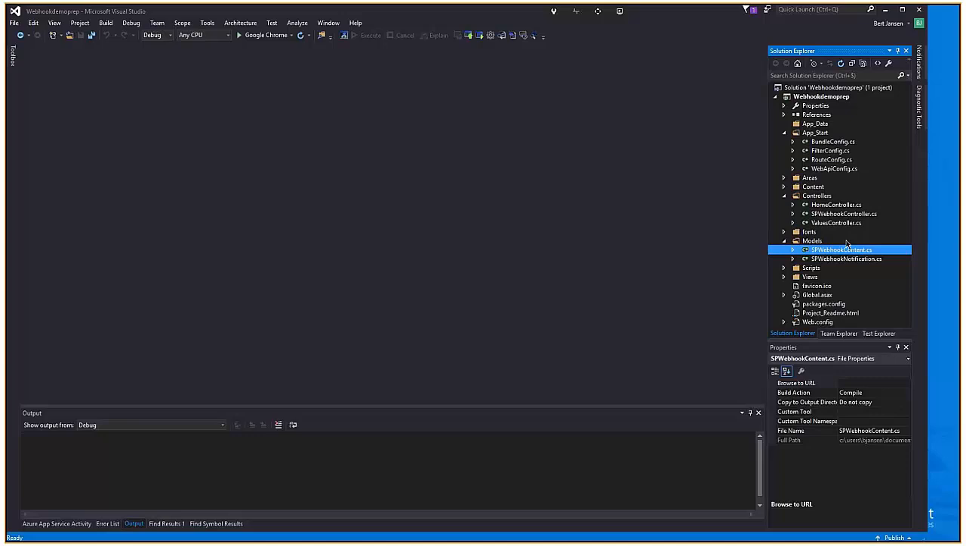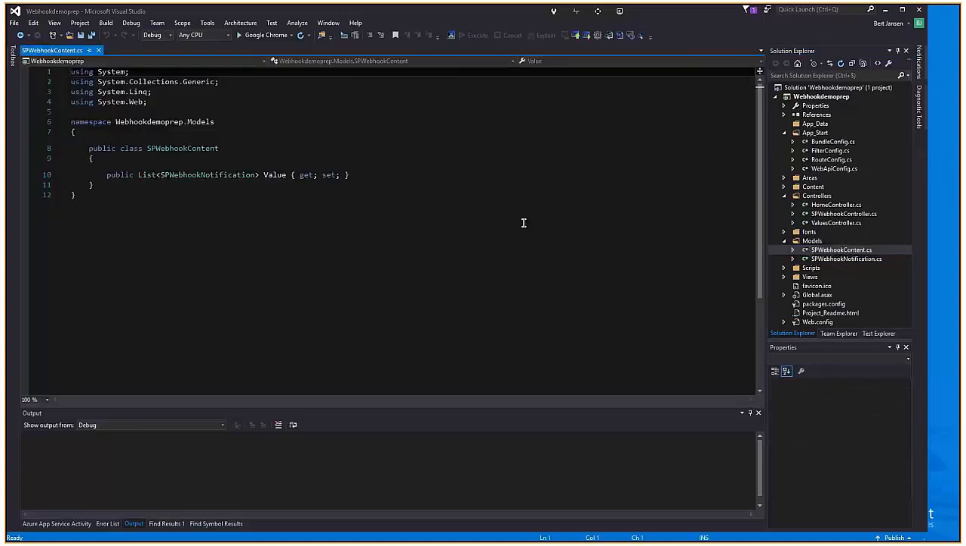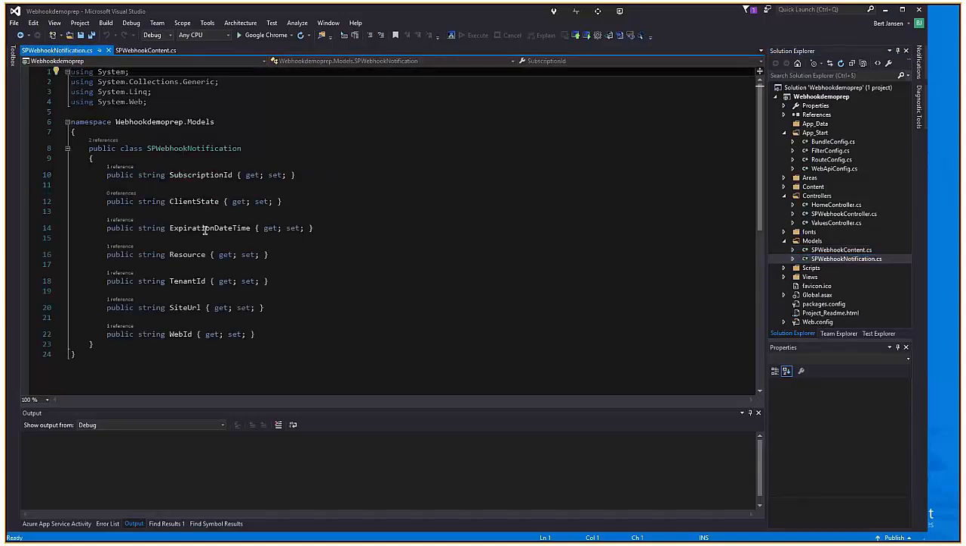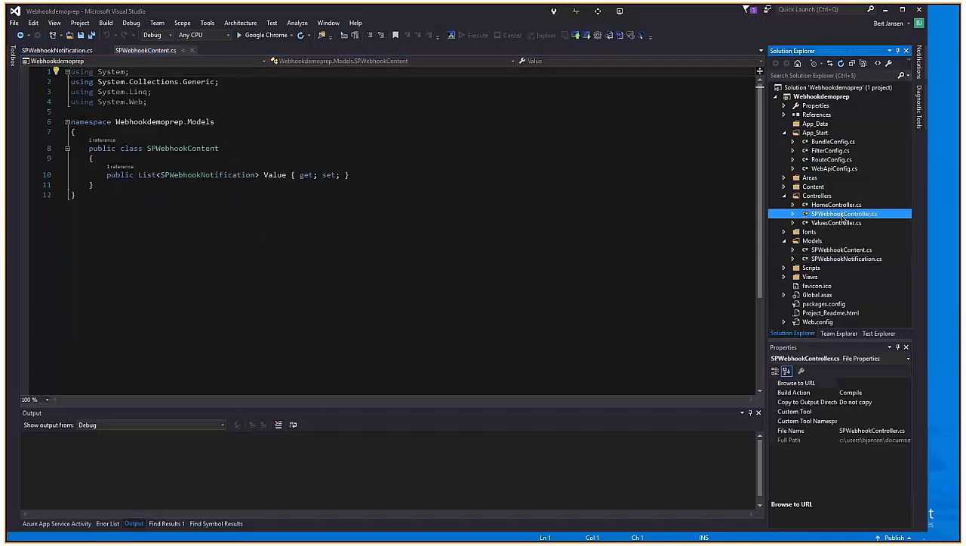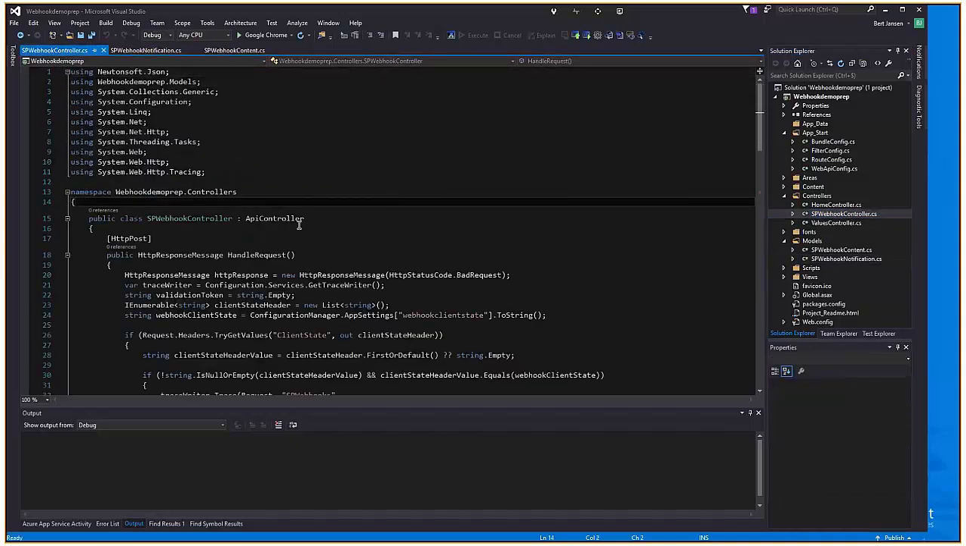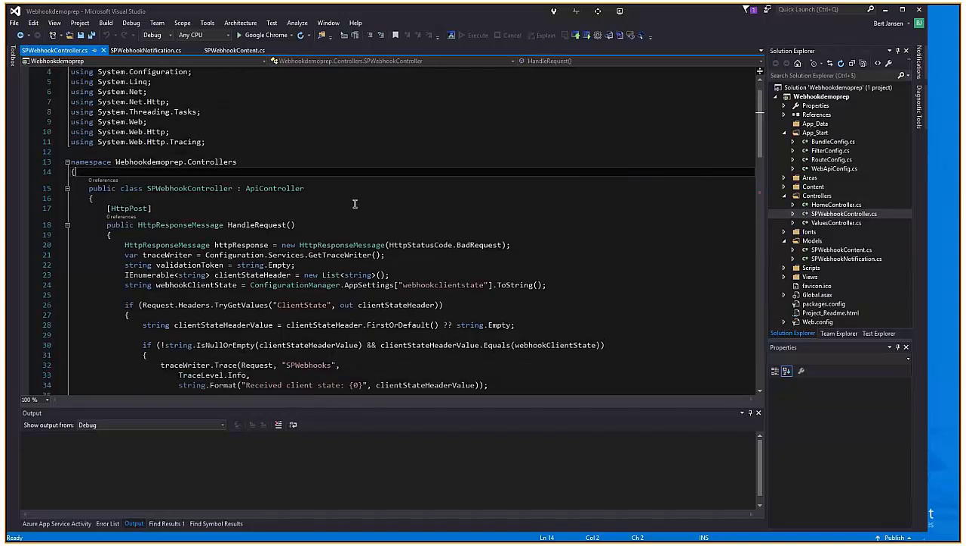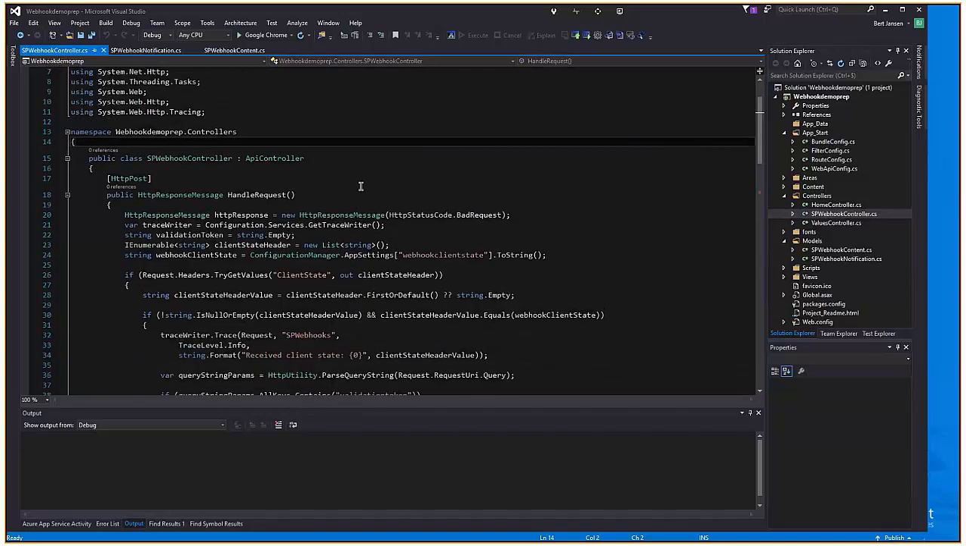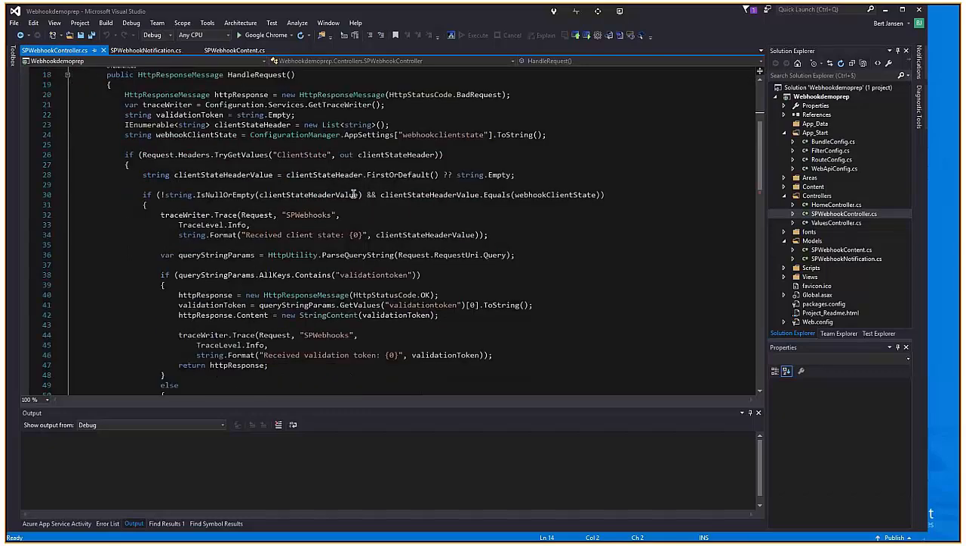One of the things described in that documentation is that you need to add a few models to your project describing the webhook notification, so the typical fields that you would send or get back during webhook notifications. And the most important class is the webhook controller. So here we go. The webhook controller, which is a web API controller, like a basic web API service endpoint. And in there,